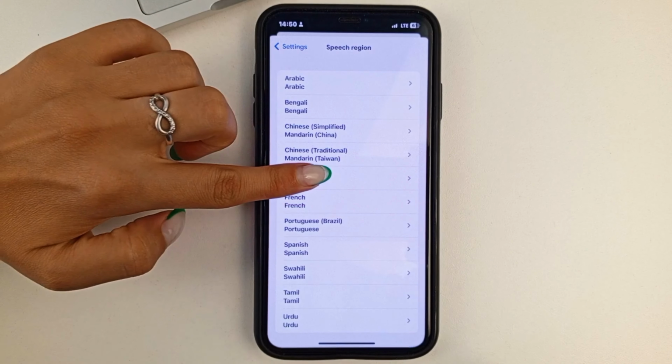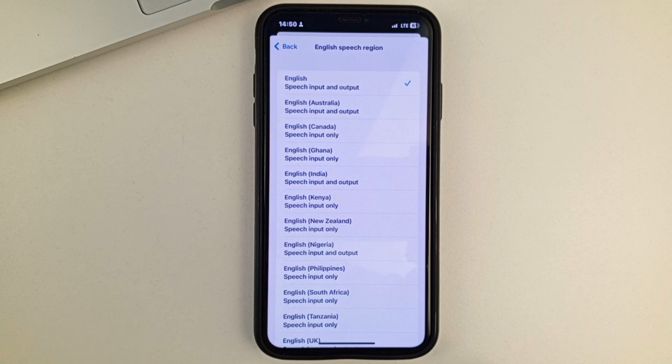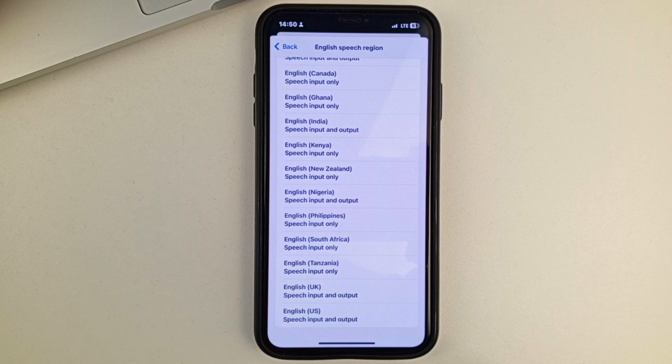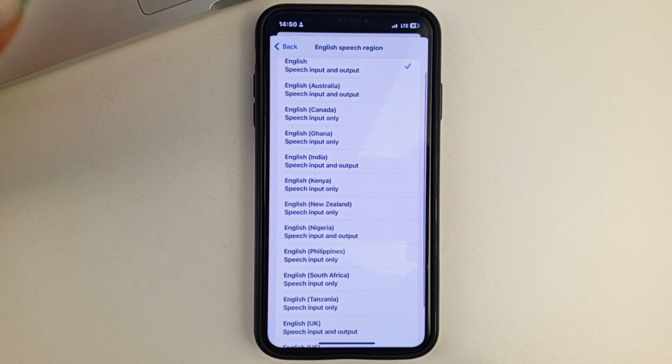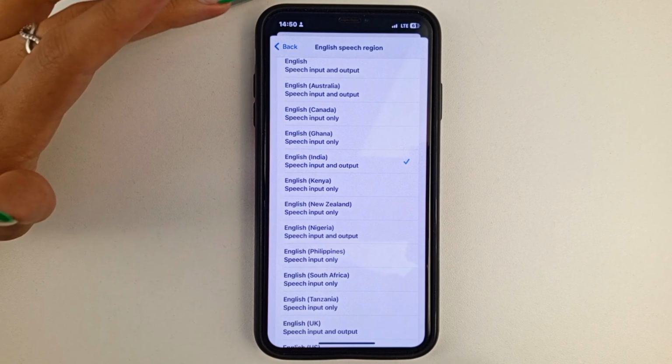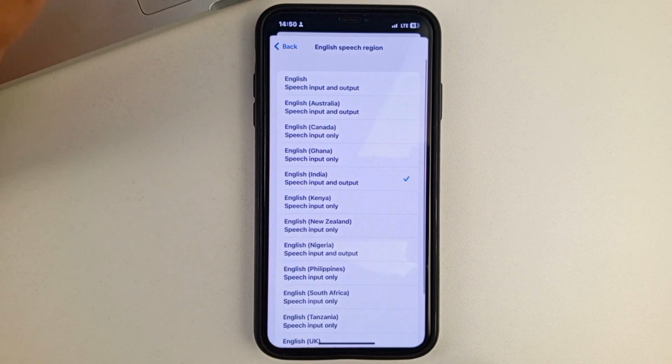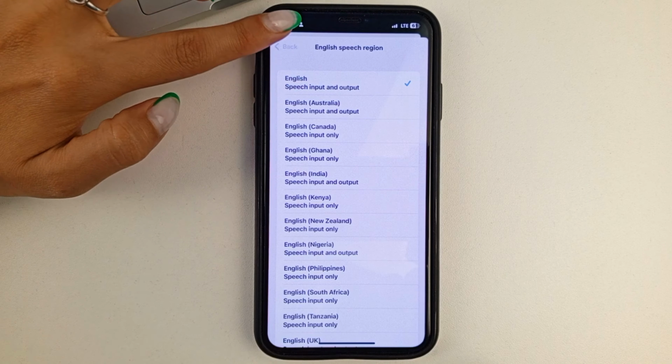I'm choosing English. And here, friends, you'll be able to customize for yourself exactly what kind of English you would like to choose. For example, English for India, English for Australia, English for Canada, and so on. Once you've chosen the one that suits you, you go back